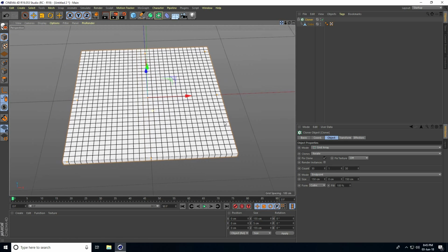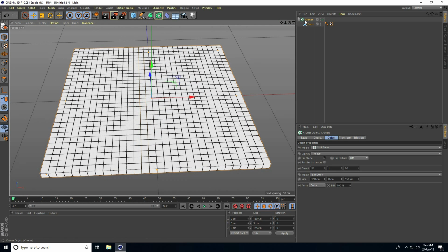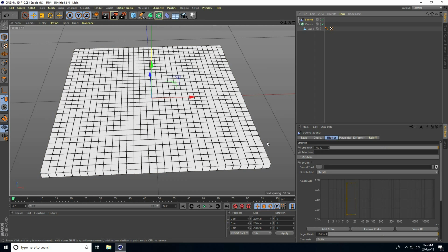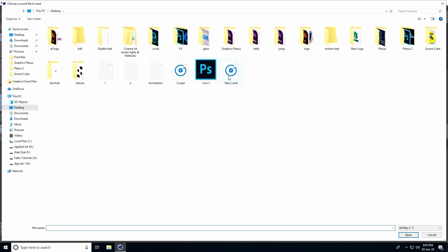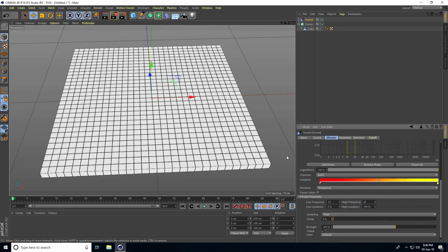And after that, I apply the sound effector. So select this cloner, go to MoGraph, Effector, use Sound, and go to here, Soundtrack, Load Sound. See guys, this is my music file, and import. Yeah, good.